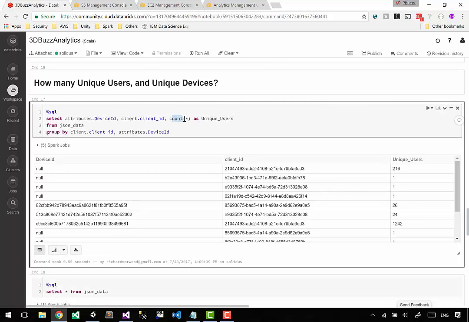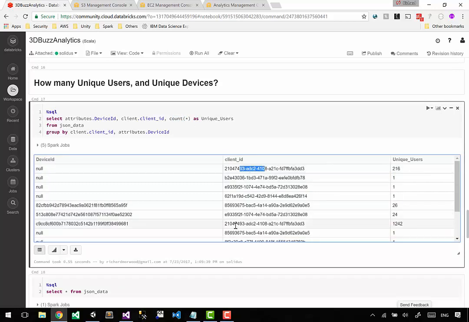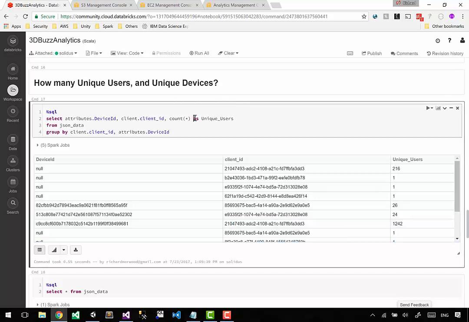In this case, the count is just giving us a count of the times it has seen this particular thing, any of these client IDs. So this one here, it has seen quite a lot of. So that's actually this laptop. It seems like it. But it's counting events, not counting, it's counting the amount of times it has seen the client ID. Yes. So to finish this one off,